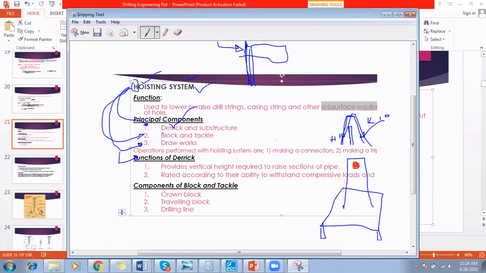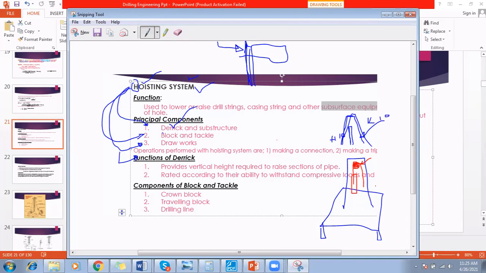There is a component at the top of the derrick. So what is the name of that component? Crown, sir. Yes, this is actually the crown block. Very good. So what happens when, during the hoisting system, you lift any load from the crown block? What will be the place at which the impact of this load will happen?